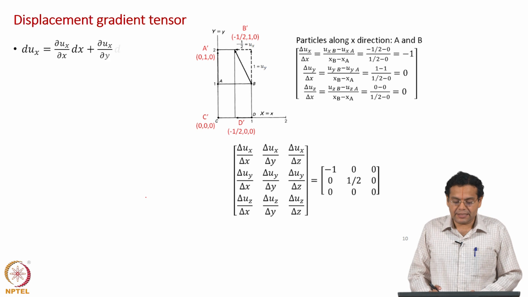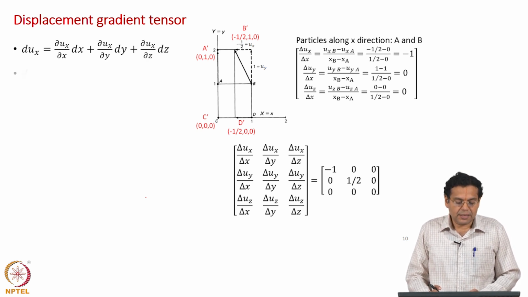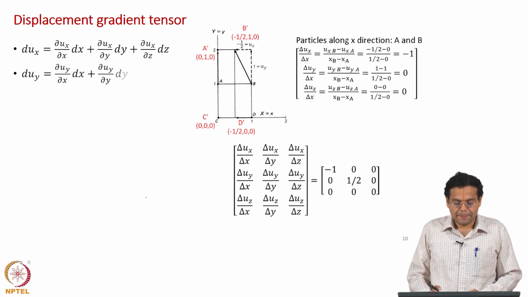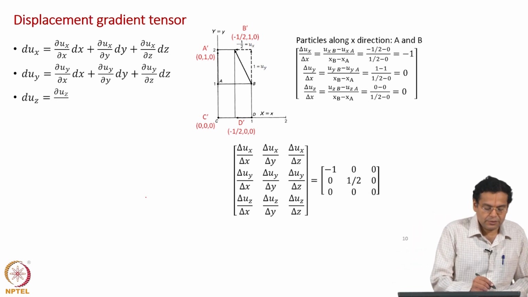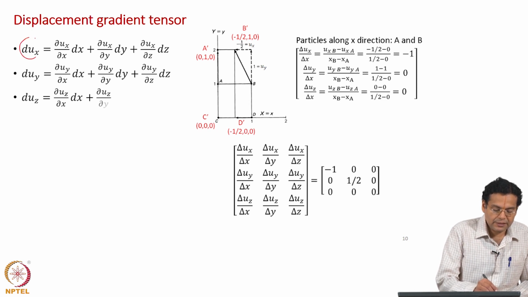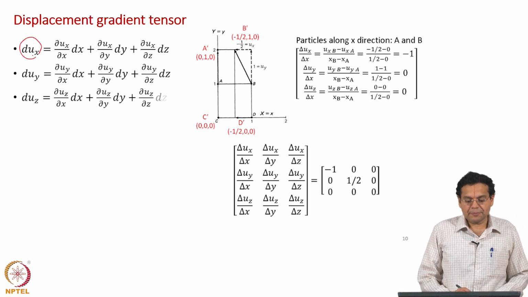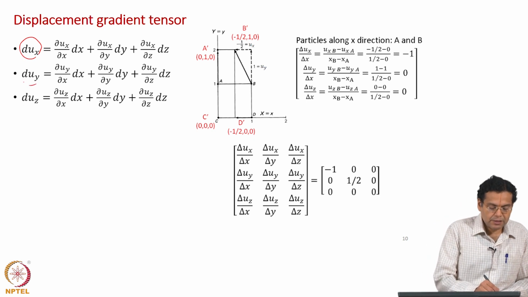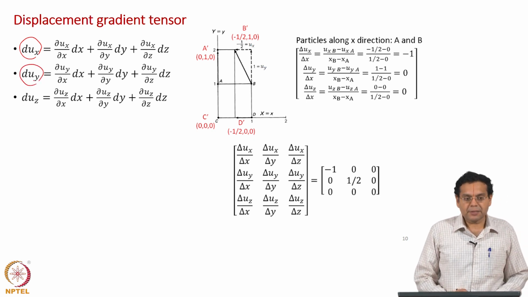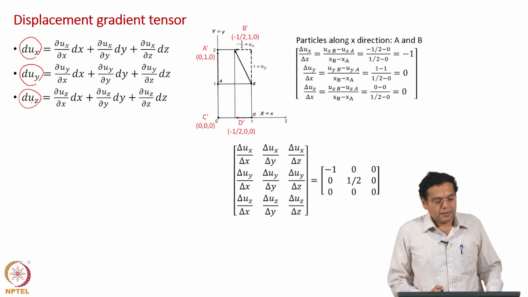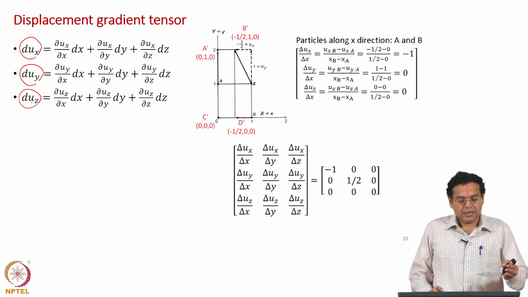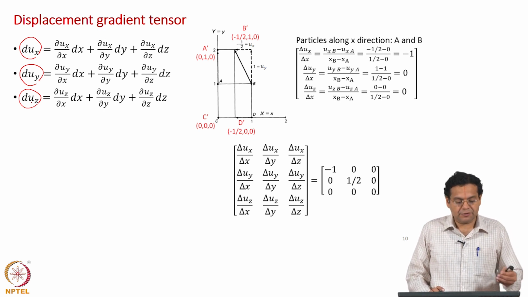For the other 3 directions as well. Okay. This is same as what we have seen in the earlier slide. Similarly, you can do it for the y direction, and similarly for the z direction. What do they tell you? This tells you about the difference in x displacement between p and q. This tells you the difference in the y displacement between p and q, and similarly this tells the z displacement between p and q. The difference in x displacement, difference in y displacement, difference in z displacement.